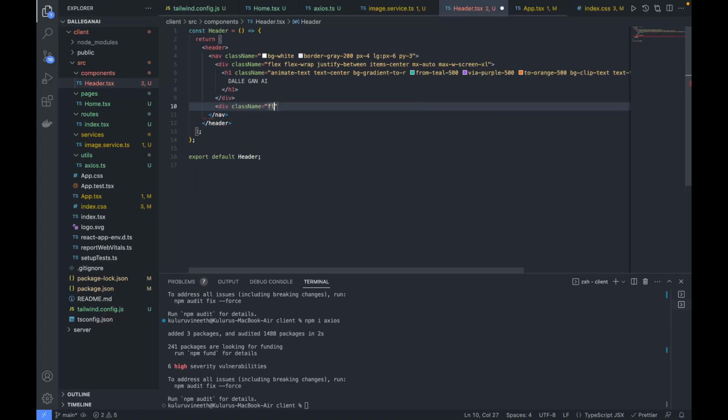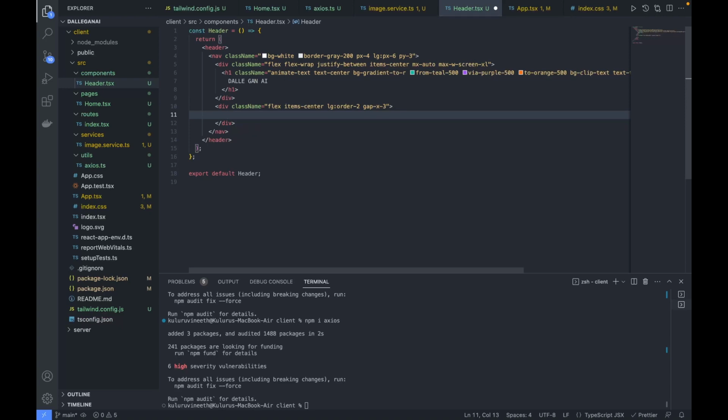So I'm going to make this a flex, and items are centered, and if it's a larger screen, let's have this order as 2. Okay, and the gap I want to give here is 3. Okay, so here we will have the GitHub link, which is going to redirect to the repo that we will be building this project in. So for now I'm not going to give any